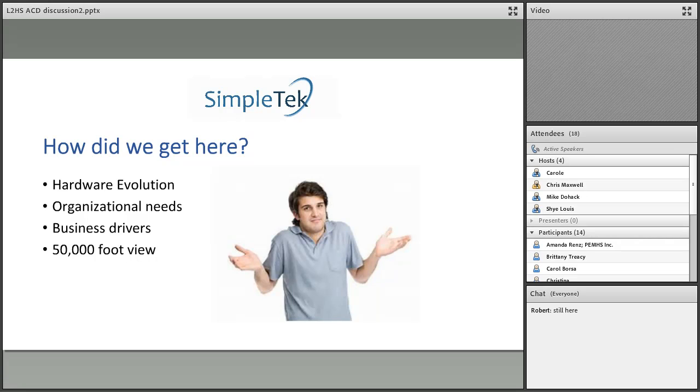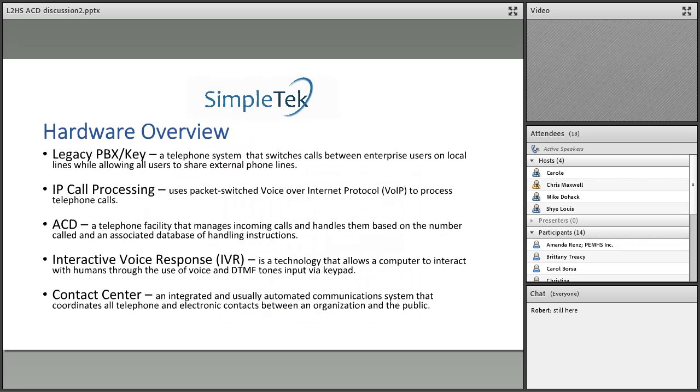From here, I thought it would be important to go over the 5 different components or hardware options that are available. Legacy PBX and key systems are from prior to voice over IP being invented. In that scenario, you typically bought hardware, and for every station telephone set you needed a card that had a port available and it got hardwired to the stations.